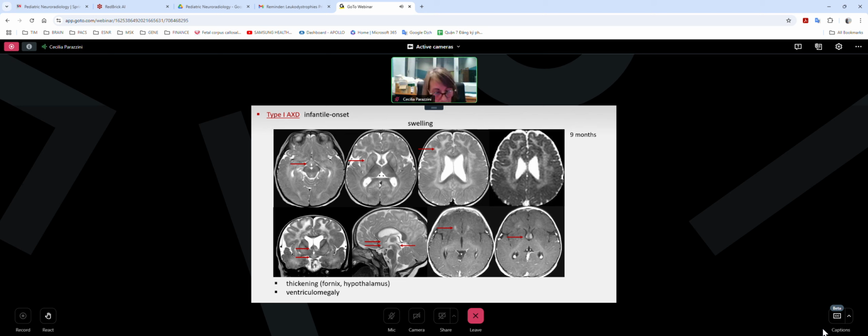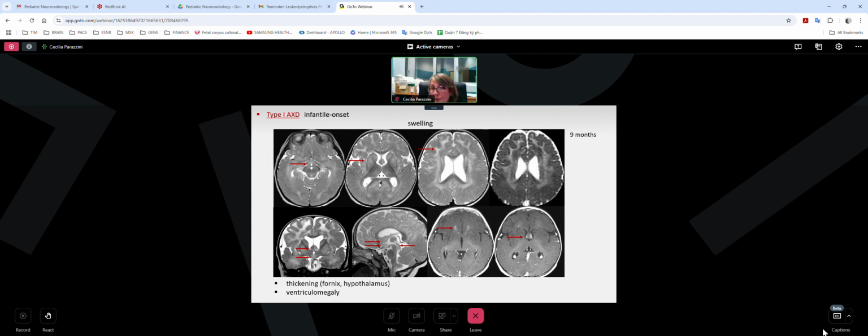Alexander disease is divided into type 1 and type 2 according to clinical presentation, age of onset, and also radiological findings. In type 1 are reflected the MRI criteria that we have seen before. As you can see in this case, white matter is involved, swelling mainly in the frontal region with U fiber sparing posteriorly. Basal ganglia are swollen, and